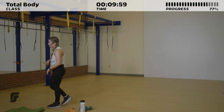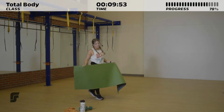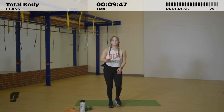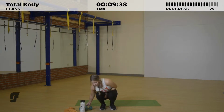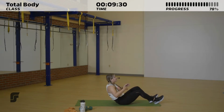So when you're ready, grab that mat back. We're gonna burn out those glutes. We have a bridge burnout coming your way. So when you're ready, get on that mat and lay on your back. I'll demo the exercises, and we're not gonna have any rest between. So that's why it's a burnout. You'll lay on your back,